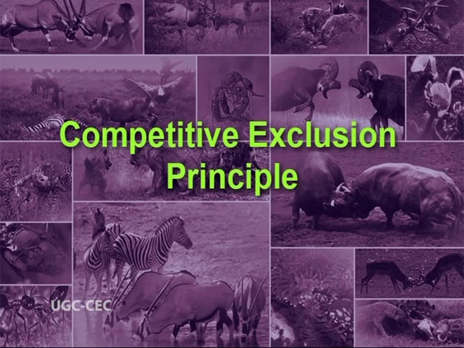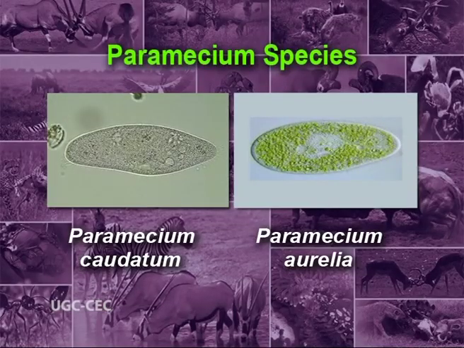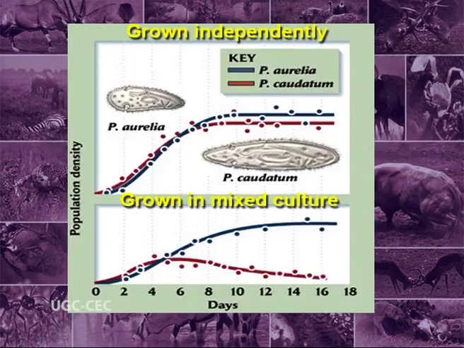During this lecture, we will learn about the competitive exclusion principle and the niche concept in detail. Let us first start with the competitive exclusion principle. In laboratory experiments of Gause made on Paramecium species, that is Paramecium caudatum and Paramecium aurelia, it has been found